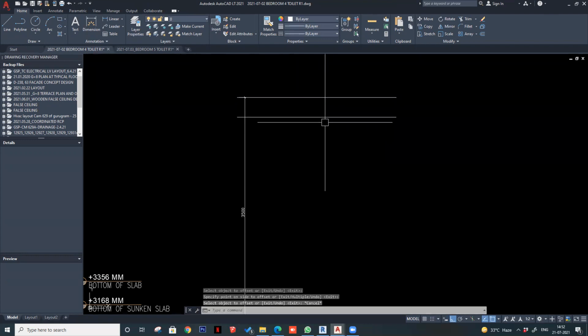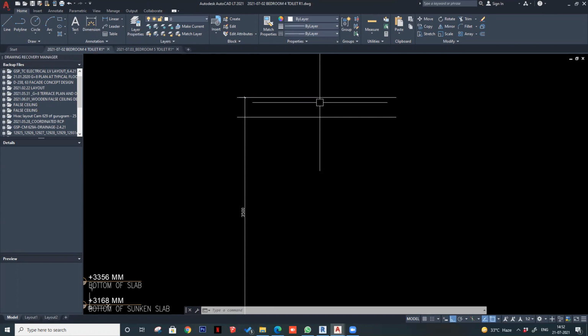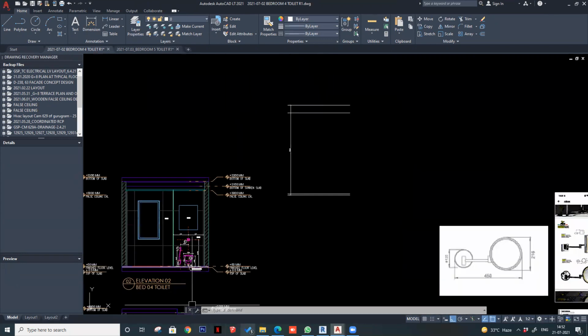Okay. Then you have fire ducts running. So you'll have to see the coordinated RCP for that. I'll show you the RCP as well.